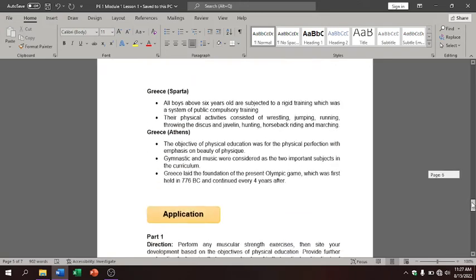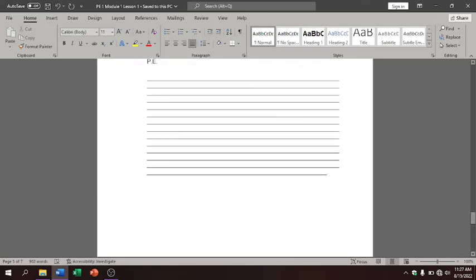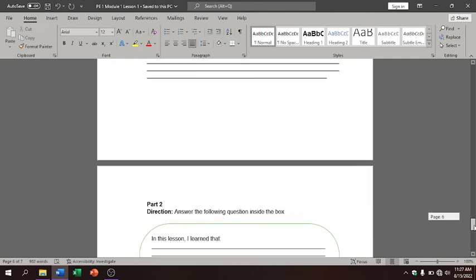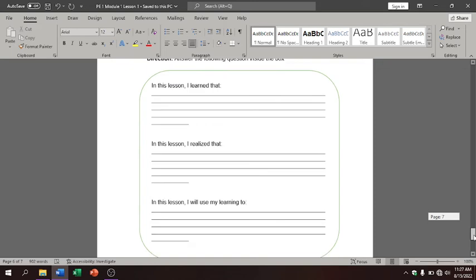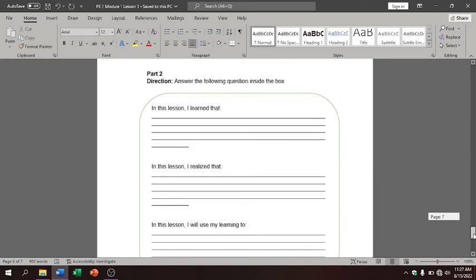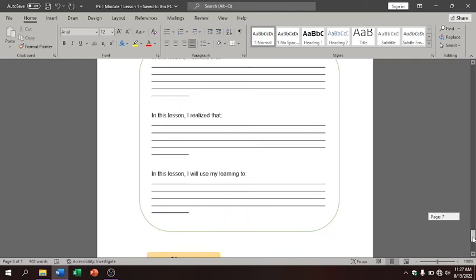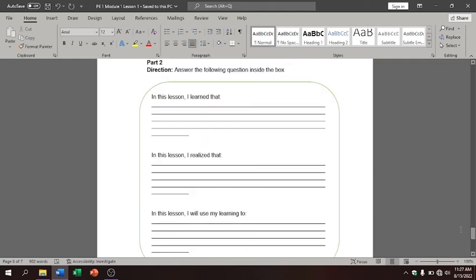So, that is the application. In the application, these are bigger points. I am still thinking how many points I will assign since this is much more difficult compared to the other questions, no? Those in the analysis. And then, next one, we have here part 2. So, this is easy.